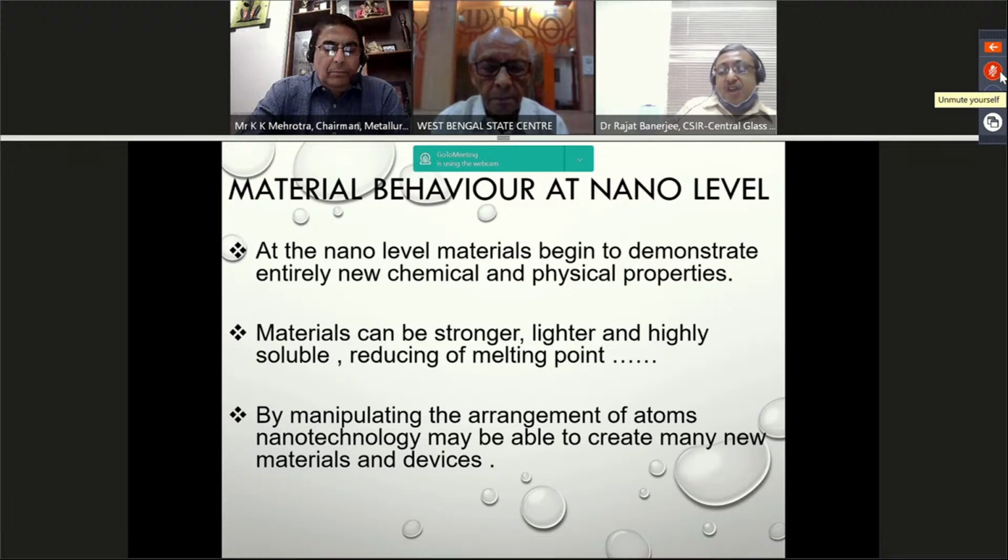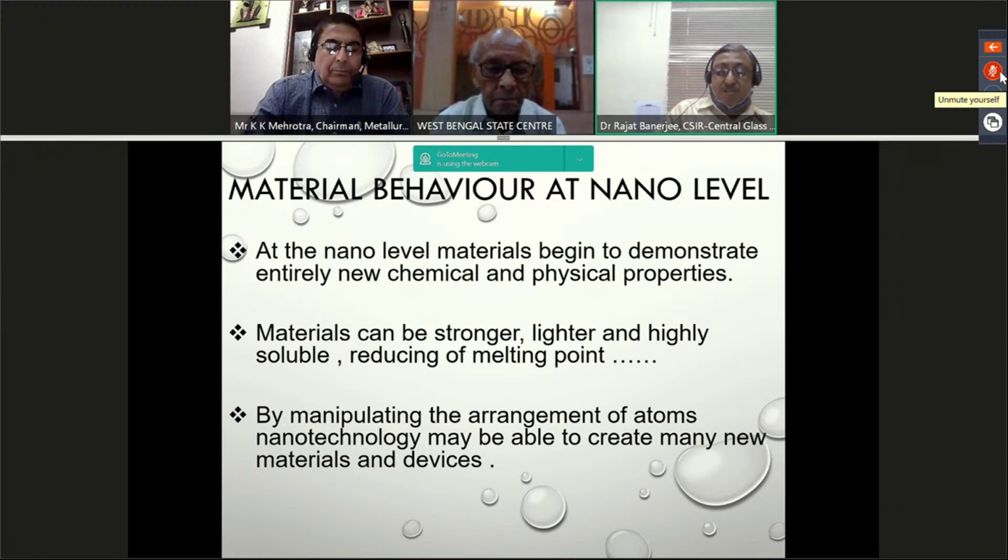So what is the material behavior at the nano level? At the nano level, material begins to demonstrate entirely new chemical and physical properties. Materials can be stronger, lighter, and highly soluble, with a reduced melting point. And by manipulating the arrangement of atoms, nanotechnology may be able to create many new